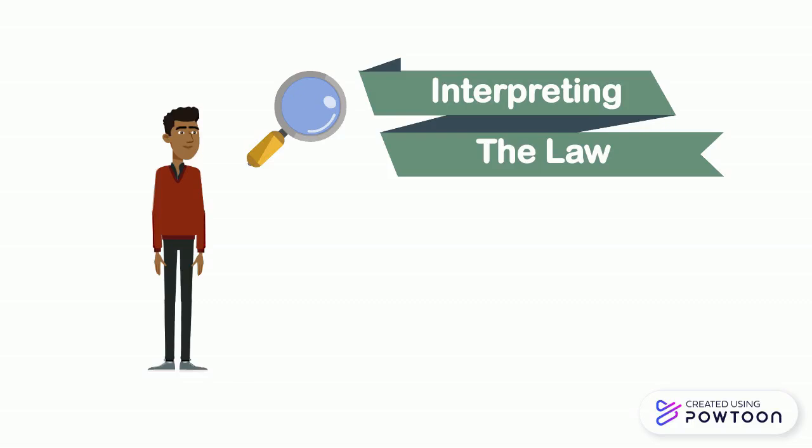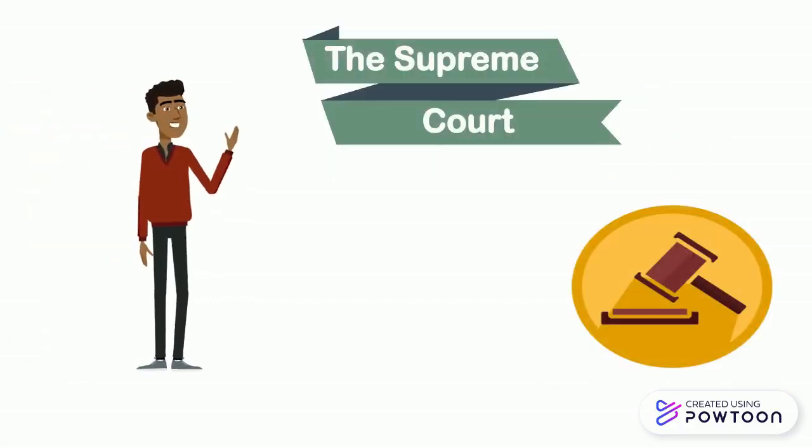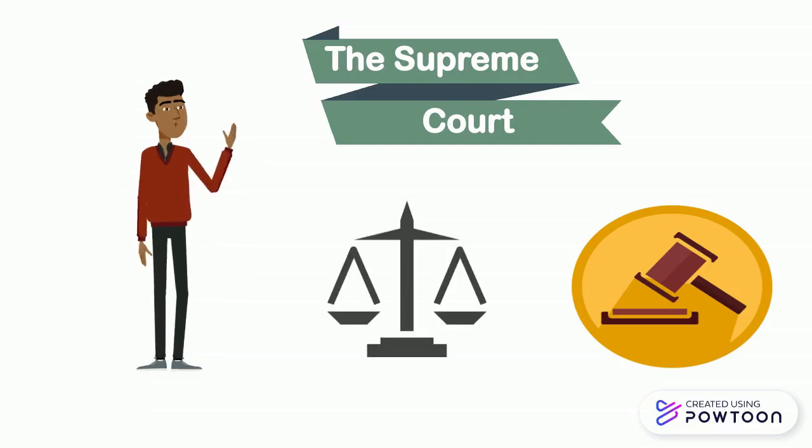It makes up the court system, which includes the district courts, appellate courts, and the Supreme Court, which is actually the highest court in the United States. The Supreme Court hears cases involving federal law and is the nation's final court of appeal. The Supreme Court also has the power to declare